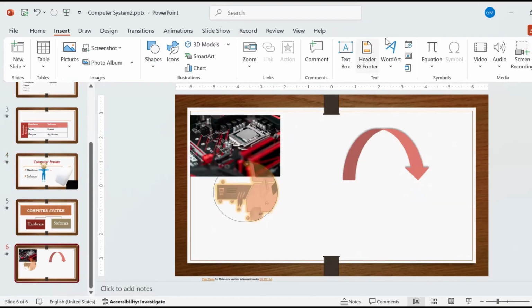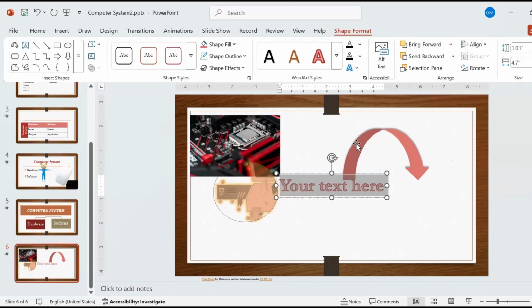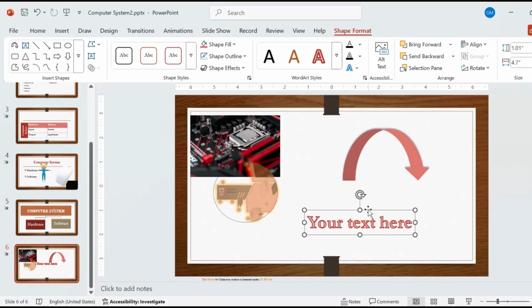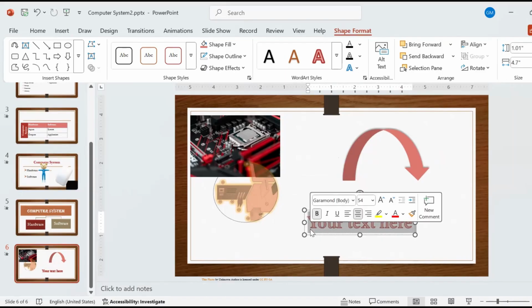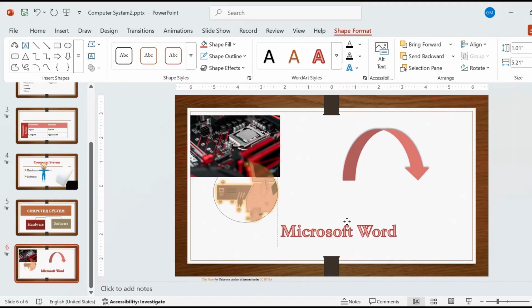You can also insert a word art. Word art is a word in a graphical format. From here, you can choose any word art style. It will give you this text box with your text here. You can replace this with your text. You can drag and drop it anywhere on your slide, and you will get the Shape Format tab,